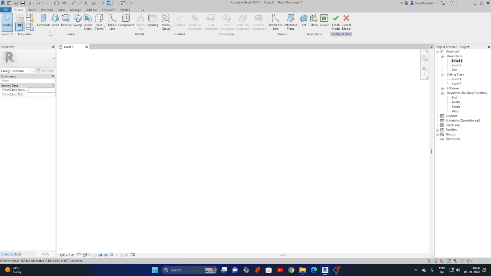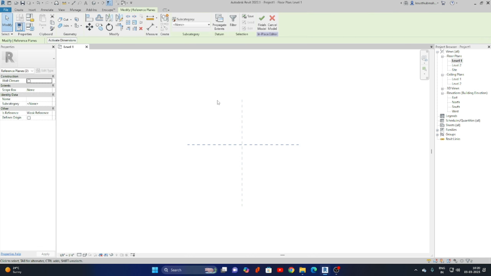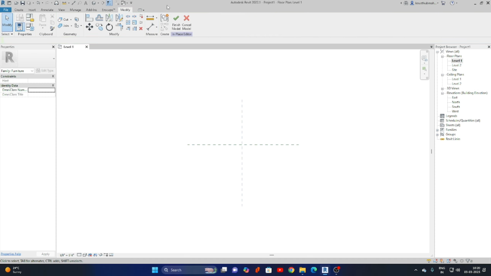Now, instead of creating directly that extrusion and all, first we will create reference planes. So this is reference plane 1, reference plane 2, and we will select them, make it pinned. You can use shortcut PN. So once it is pinned, now I will go to the elevation. Okay,